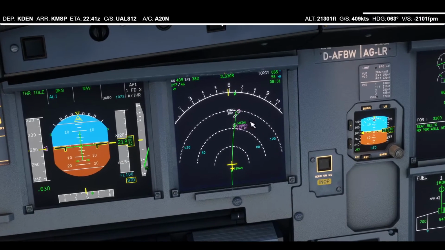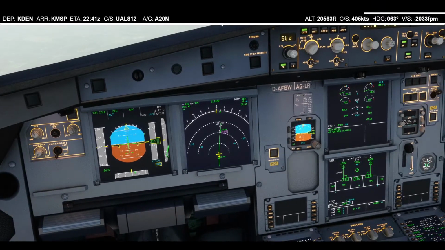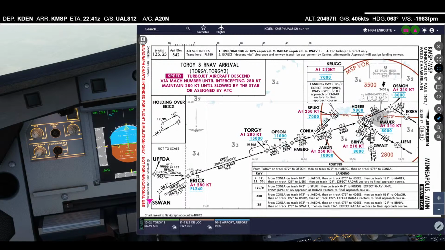125-ish, or maybe, I mean 115. Not really sure how far we are from the airport. We're going over the airport, make a right turn. So after we get back here, so we go to